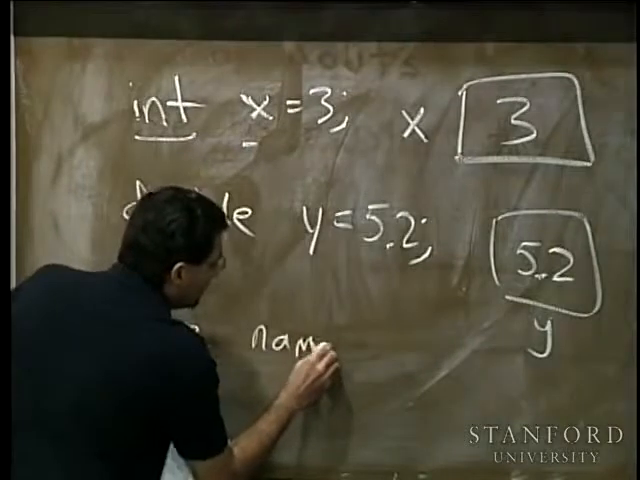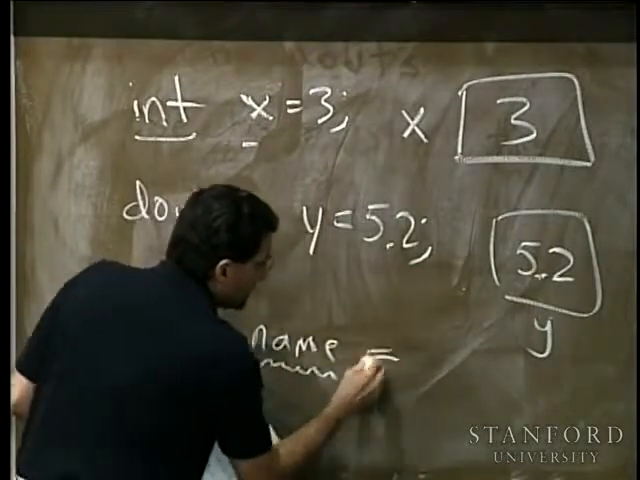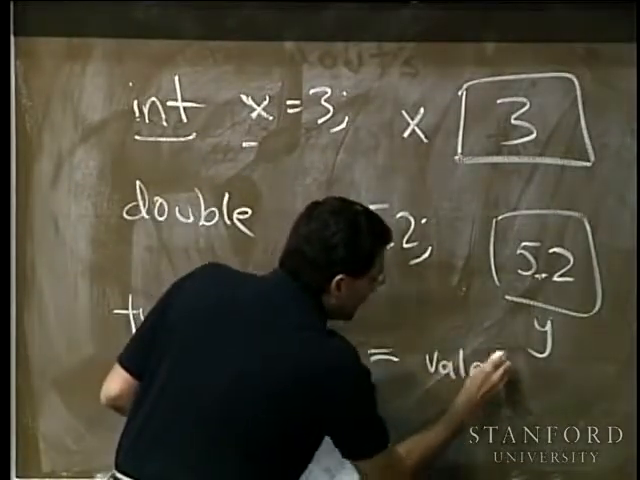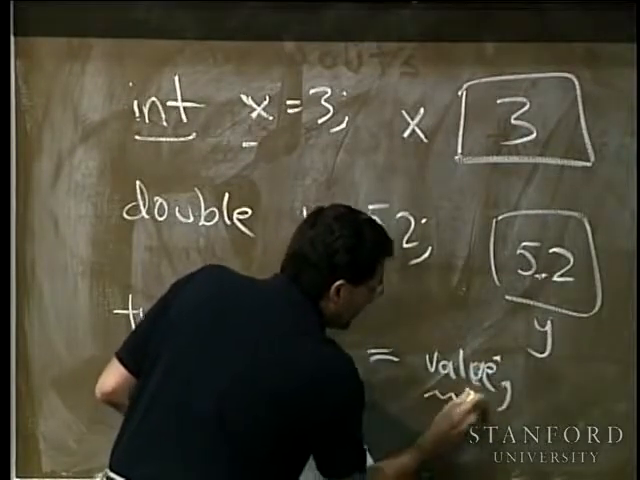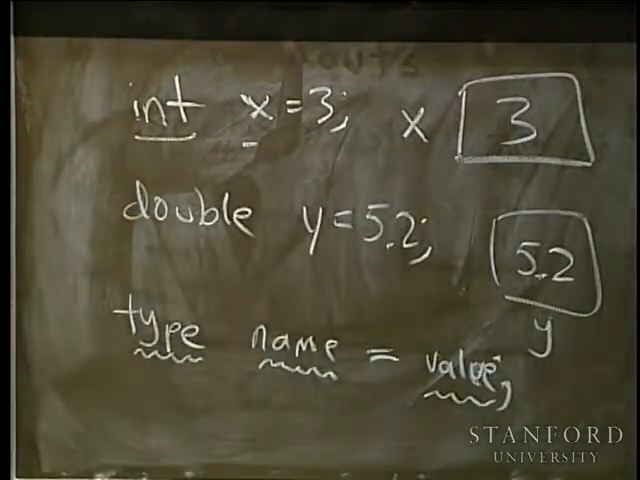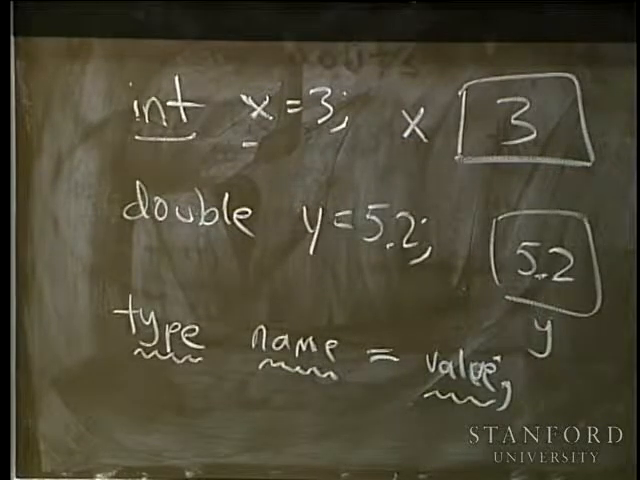The name, and then potentially an equal sign and some initial value, followed by the semicolon. And that's how you do the declaration. And so the question that comes up: where do you actually make these declarations? The place you will generally, at least for the time being, make declarations of variables